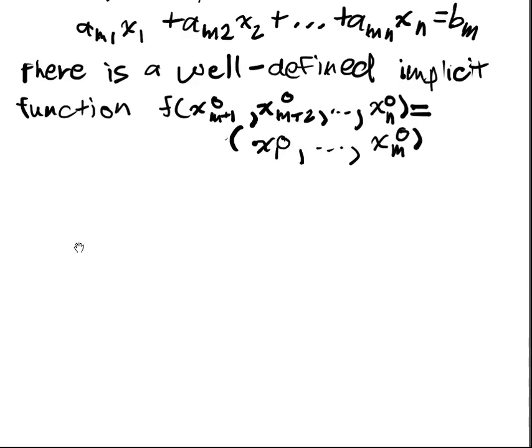So this is my implicit function, and that's going to exist, and it's going to be well defined. And in particular, this x1 naught, xm naught, well, the function is going to be such that. So this is the way the function is defined, and it's such that